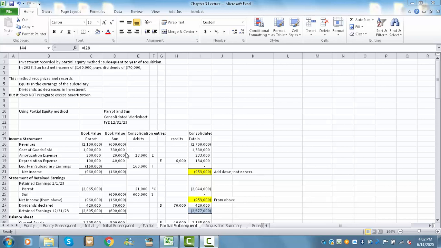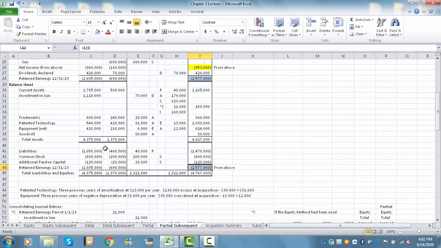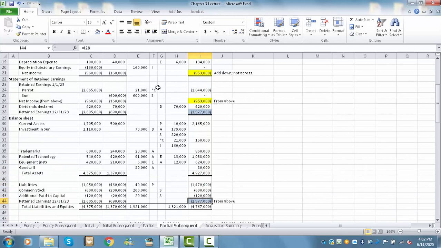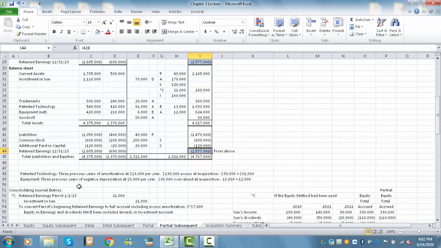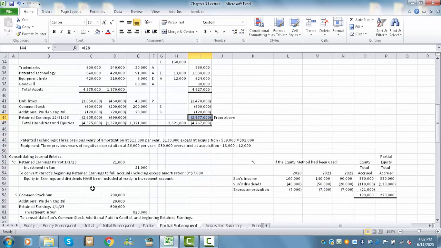So we're given the worksheet. Everything's been done for us. Our new entry is the star C entry. That's one of our consolidating entries. What we have to do is say, what would have happened if the equity method had been used? And had the equity method been used, we would have accrued